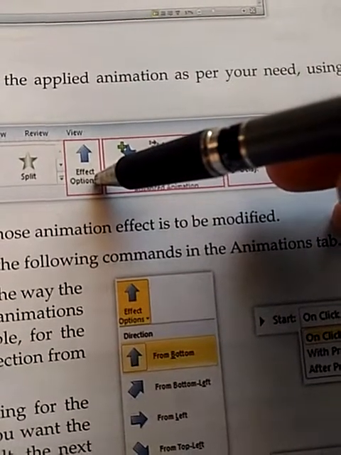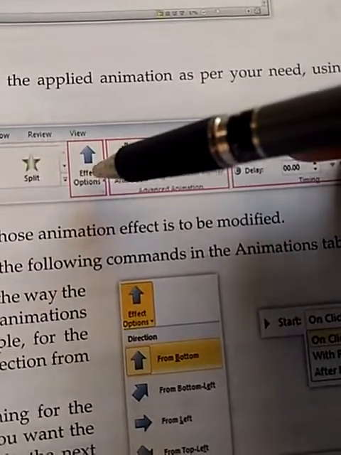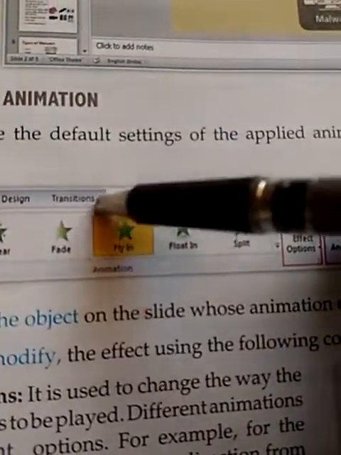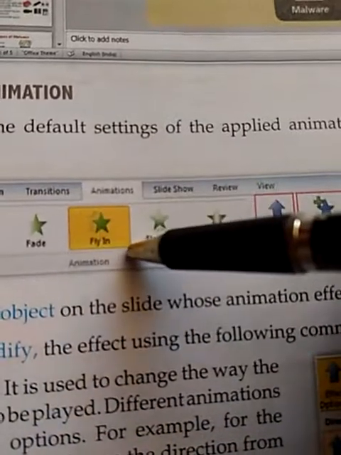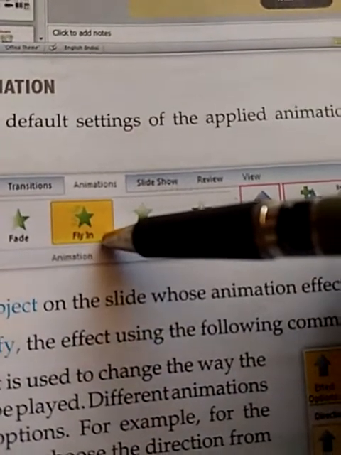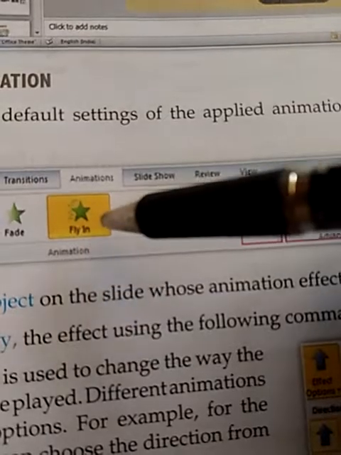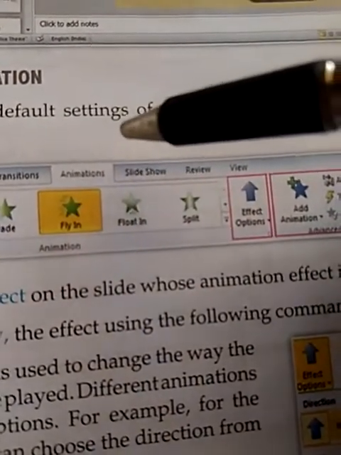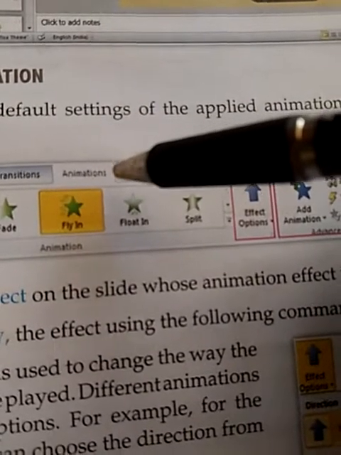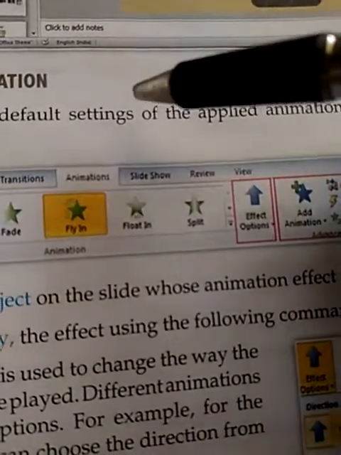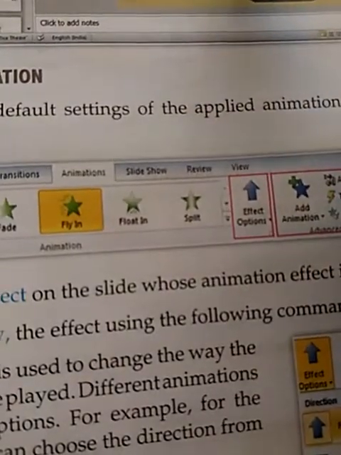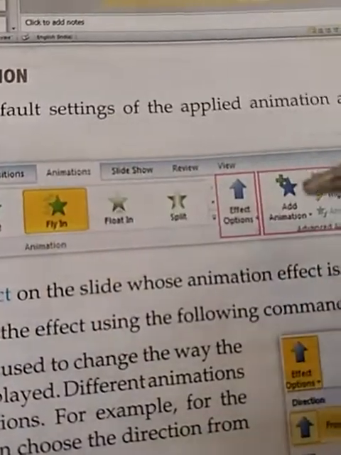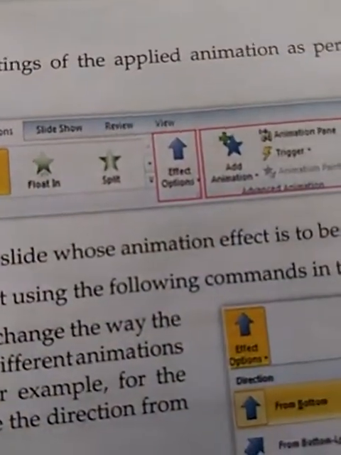Effect option: different objects have different effects. Suppose you have chosen the effect fly in, then fly in will help you to introduce an object in a flying motion. And suppose you want your object to fly from right to left, left to right, top to bottom, bottom to top, then the flying effect can be modified with this effect option.